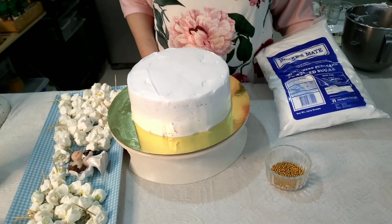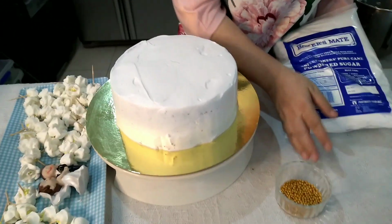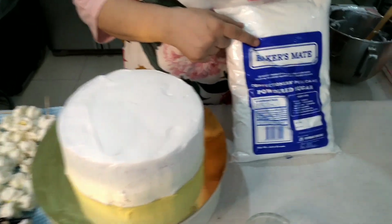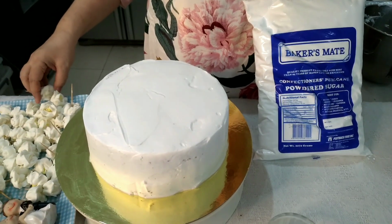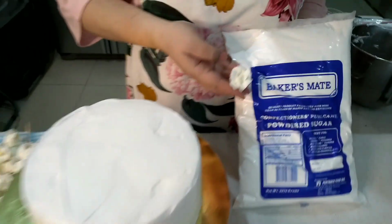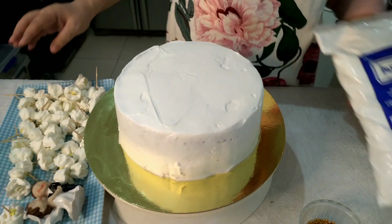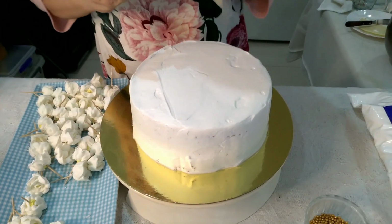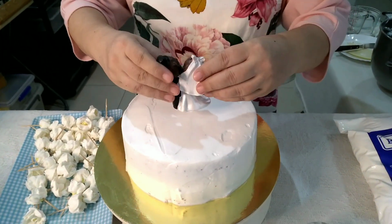Now, we will transform this into a wedding cake because it's practically June. We used baker's mate powdered sugar in making our royal icing flowers. So, let's proceed. I have here a little figurine, bride and groom,